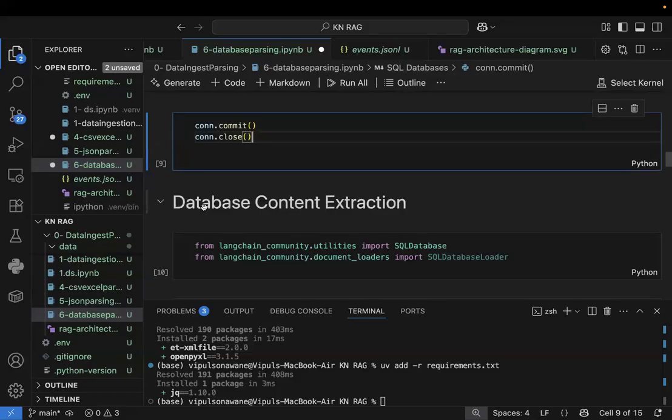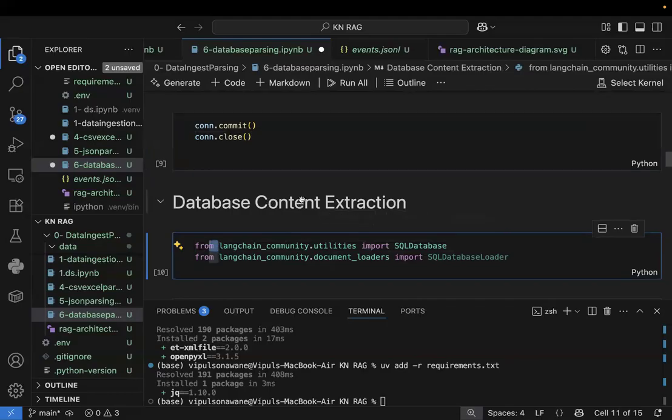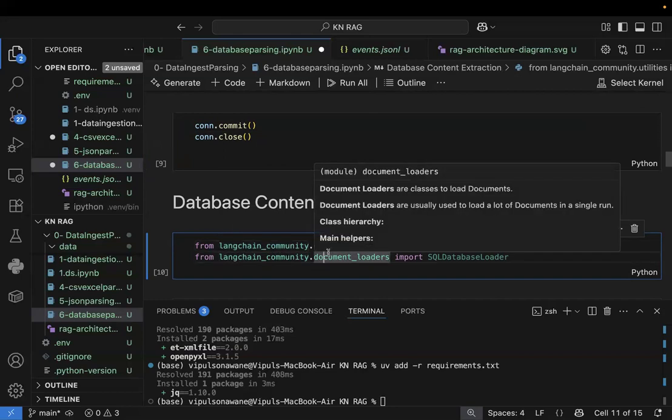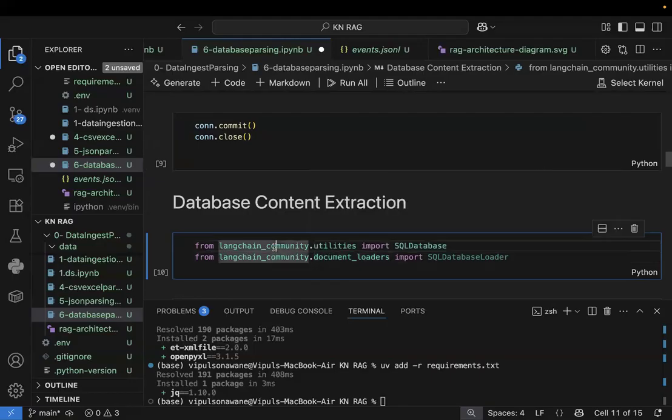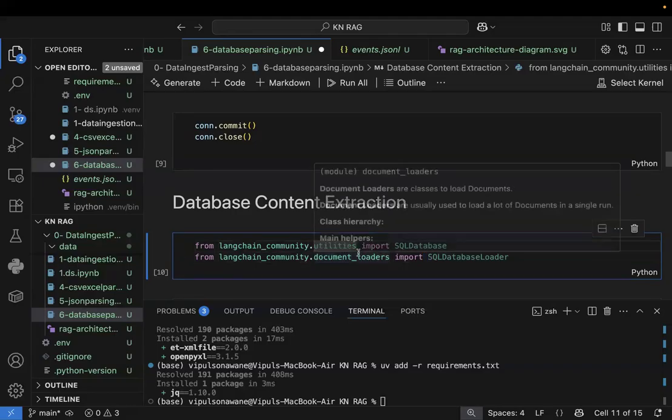Now, let's start working on database content extraction, right? Okay. So database content extraction. First of all, for this, I'll be using two amazing libraries from LangChain. So from langchain_community.utilities import SQLDatabase. Once we have imported this SQL database, which is available in langchain utilities, the next thing is